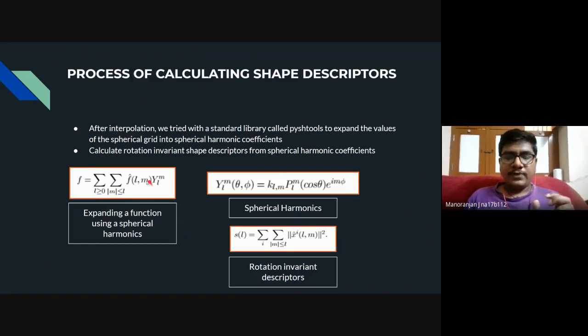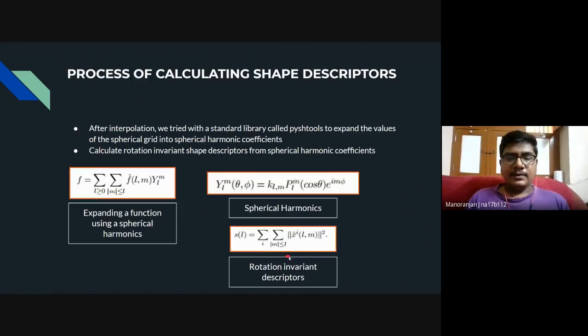This coefficient will be different for different orientations, even for the same object. To make it rotation invariant, what the paper suggests is that we sum up over all the spherical harmonic coefficients that we get across m values, and for each of the functions that we had. I said we'll have x, y, and z values, 3 equations here separately, so we'll be adding those as well.